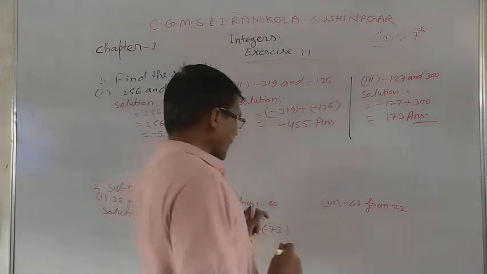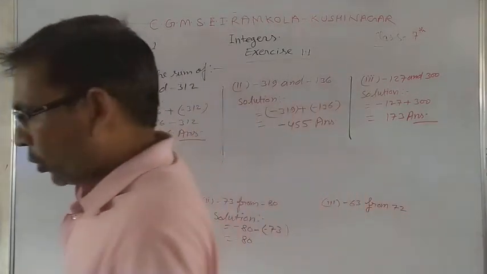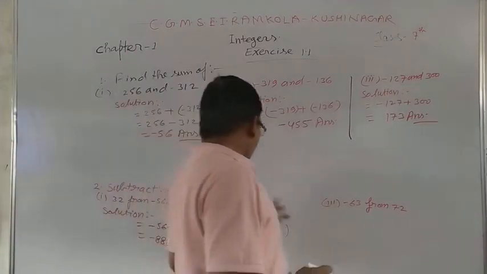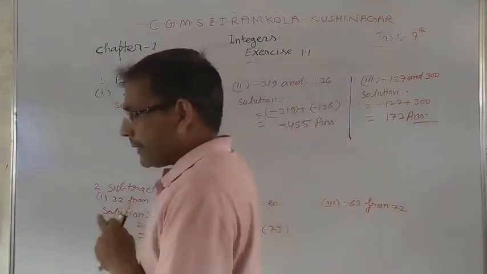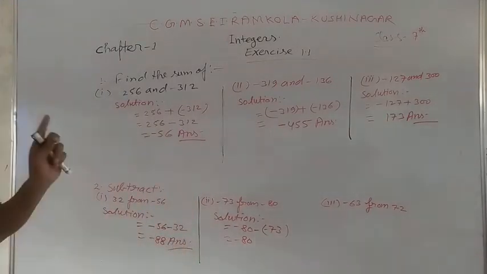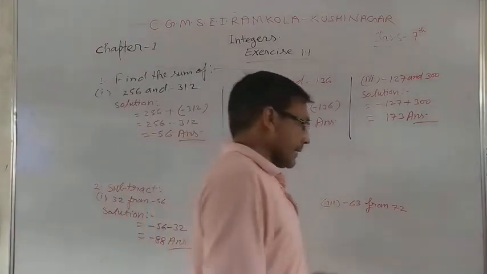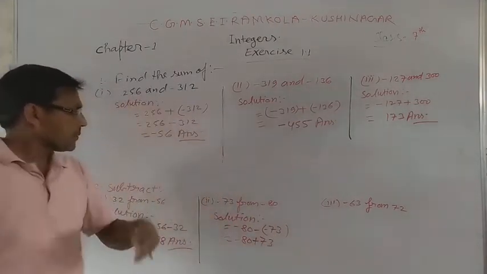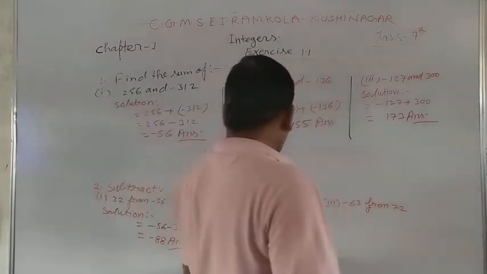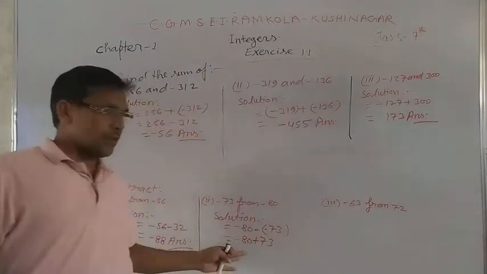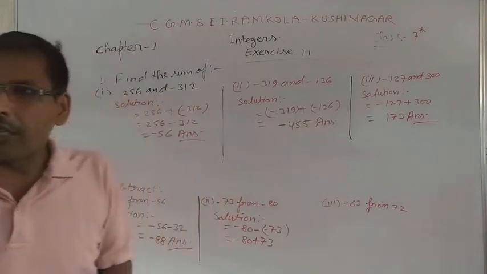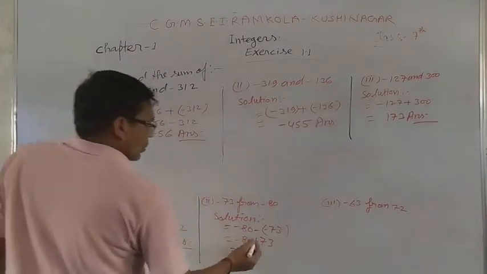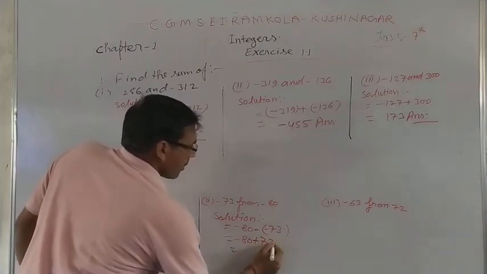In the multiplicative case, if a minus is multiplied by a minus sign, then it will always be a plus sign. And here one integer is plus and one integer is minus, then the solution will always be in minus mode. So 10 minus 3